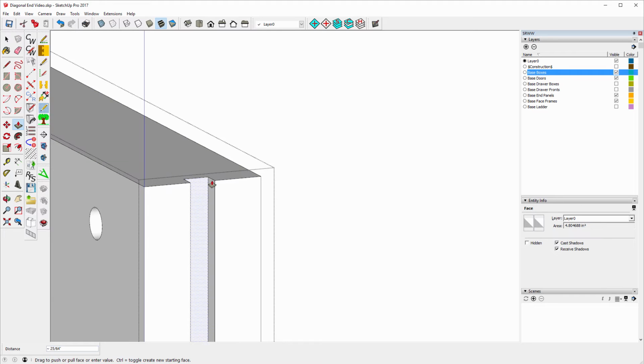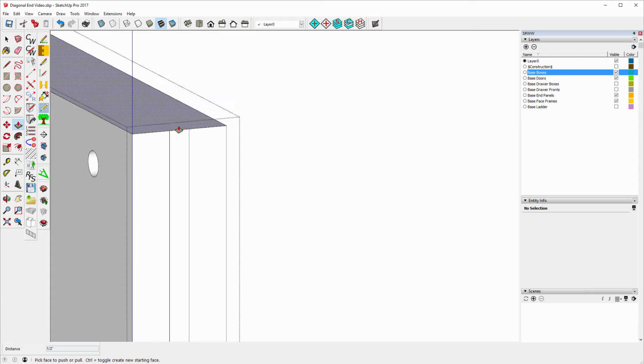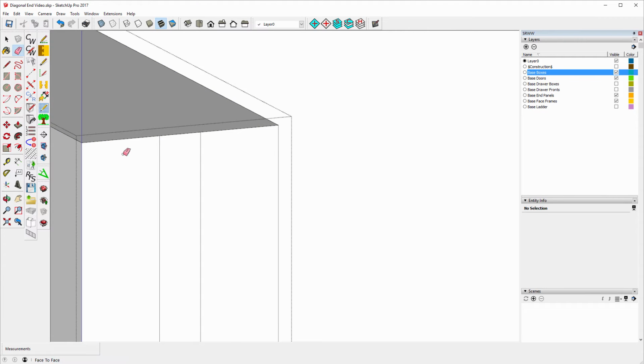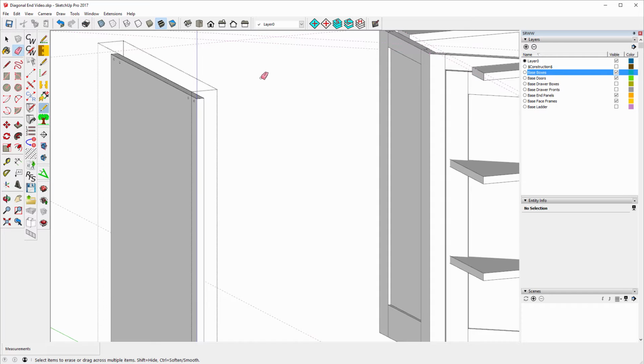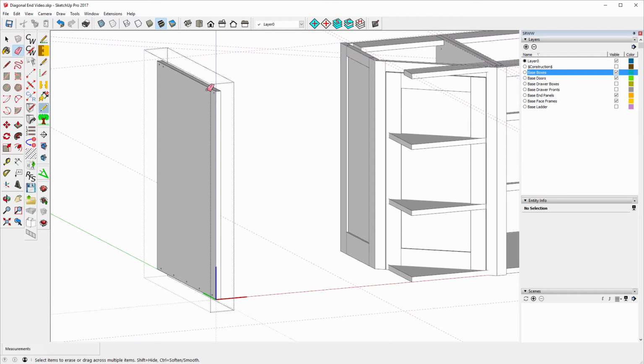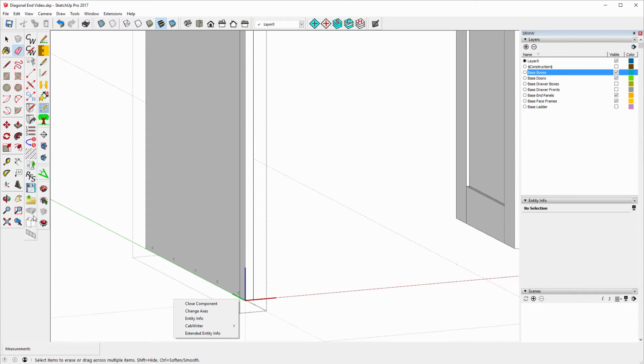I'm going to bring this tongue out because I'm not going to want that. And get rid of that and that. I'm going to want these two holes right here, and I want this hole here, and I want the one in back here, and I want these two. But because I'm going to make this very short, a little less than 13 inches, I probably don't want those holes. So what I'm going to do,